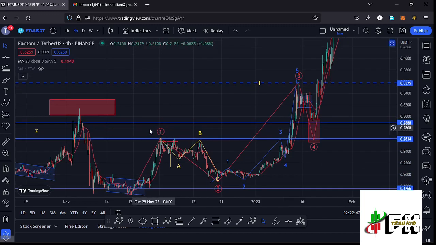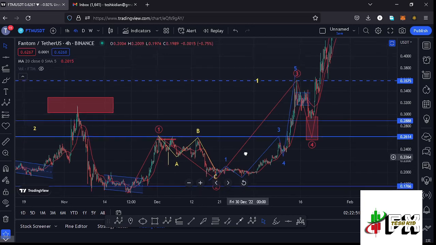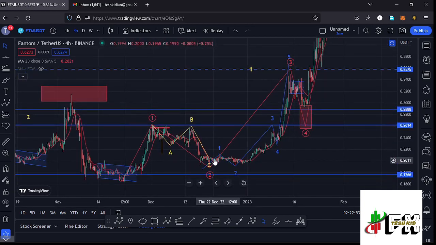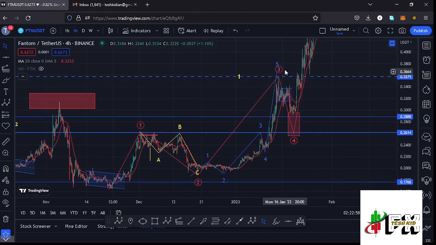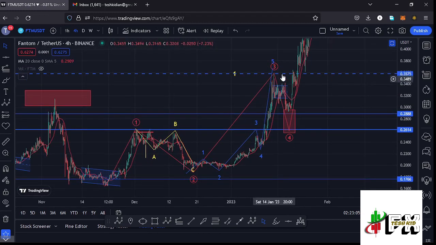And after seeing the high for that first wave, we saw this ABC corrective structure having the wave C fully maximizing the formation of that second wave to the lower side. And after seeing the second wave, we started another bounce to the upside in the formation of this higher Elliott wave count 3. And I believe this wave 3 has done the minimum that we expected it to do, because